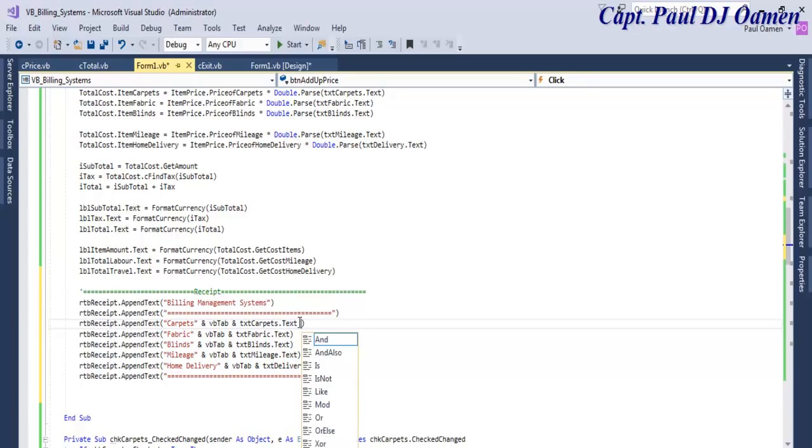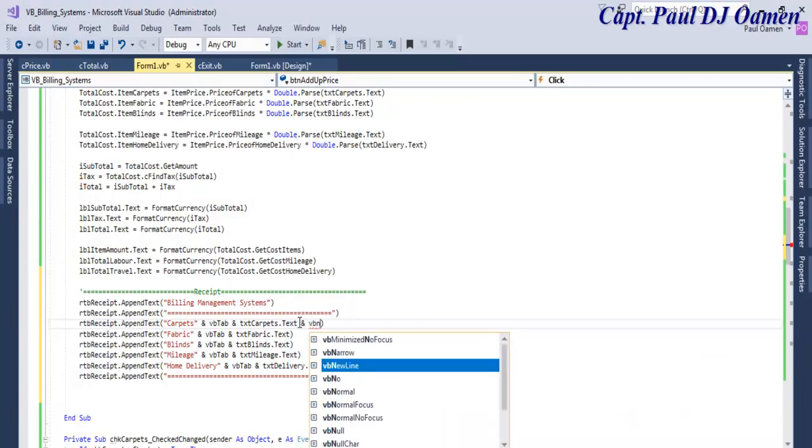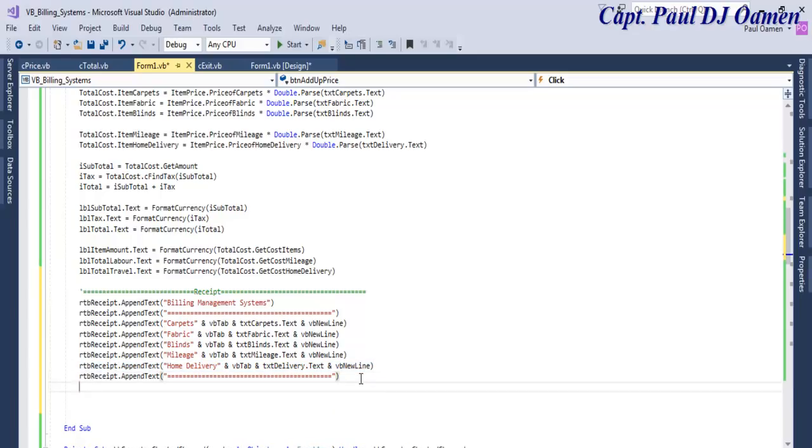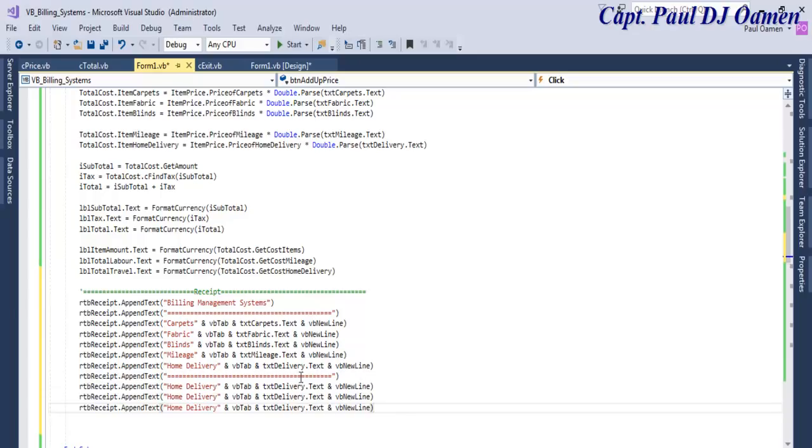Okay, let's enter new line, VB new line. Yeah, there should be a new line there, so copy that there. Right, now we need the price of, we need total cost and so on. Alright, so let's copy one of these. Yeah, here will be